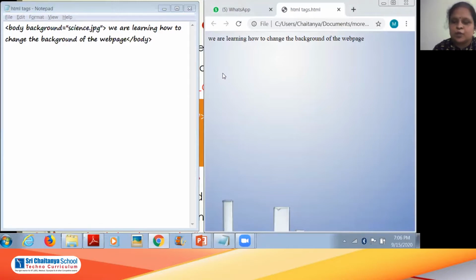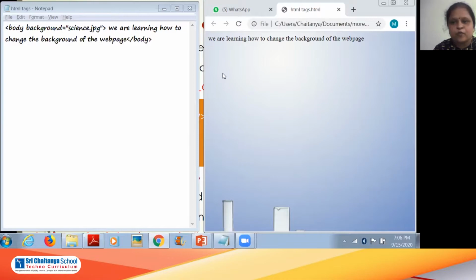So now we know how to change the background color and how to insert an image as a background of the web page. Then, ma'am, can we change the text color? Whatever text is displaying, by default it is displaying in black color. Can we change that? Yes, it is also possible by using the text attribute of body.